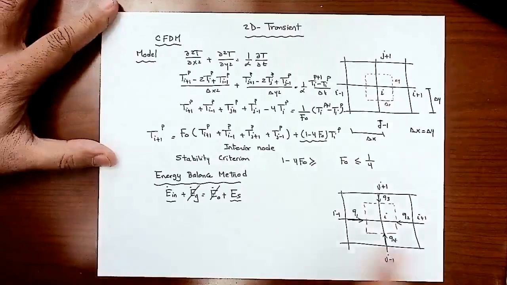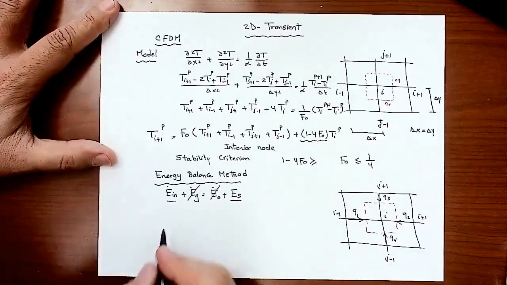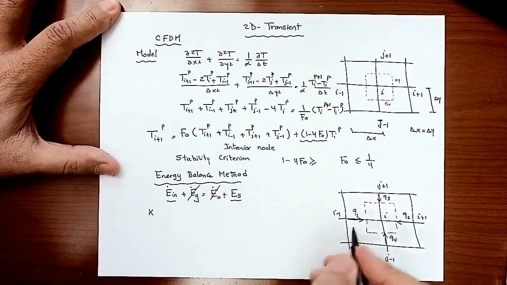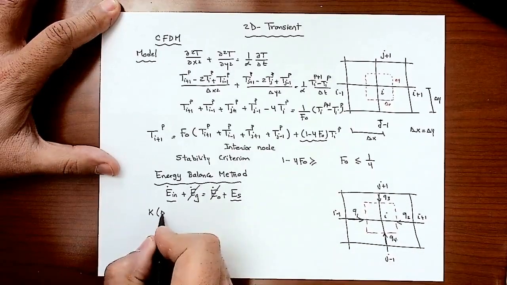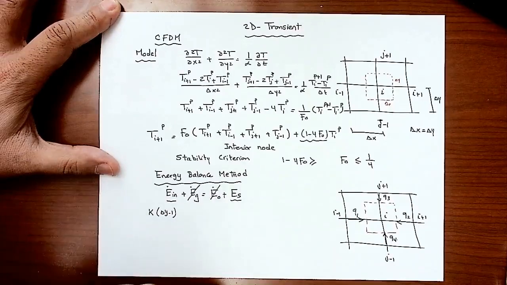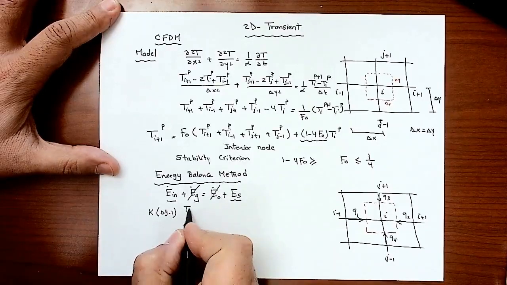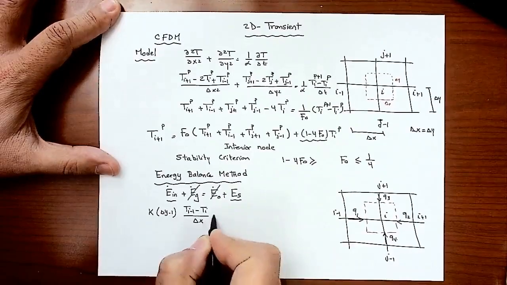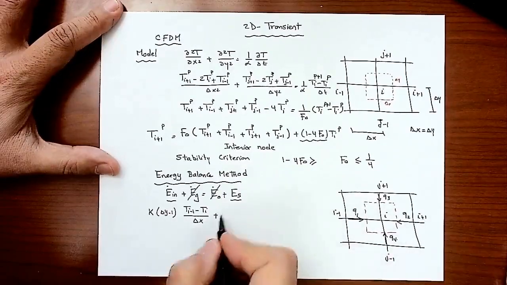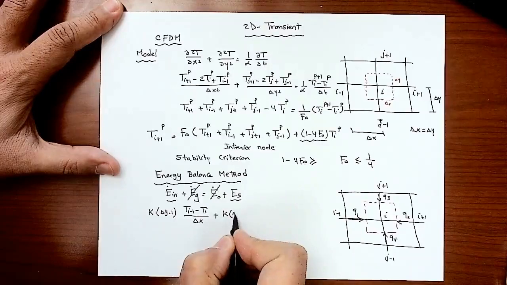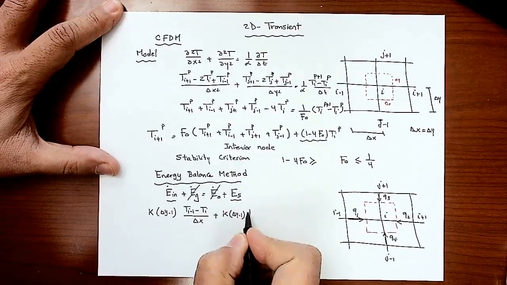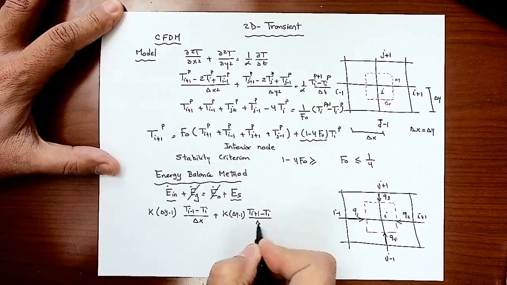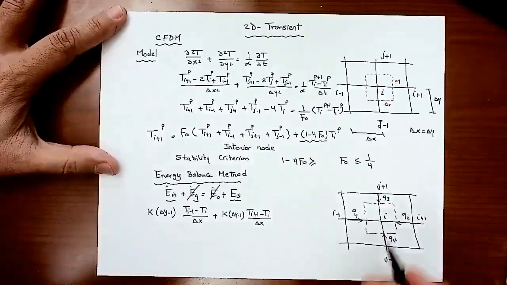So you add up all the four Qs, it's going to give you E_n. Q1 is simply K times the area, which is delta Y times 1 (1 is the depth), multiplied by (T_{i-1} minus T_i) divided by delta X, plus Q2 is going to be K, still delta Y times 1, (T_{i+1} minus T_i) divided by delta X, plus Q3 from the